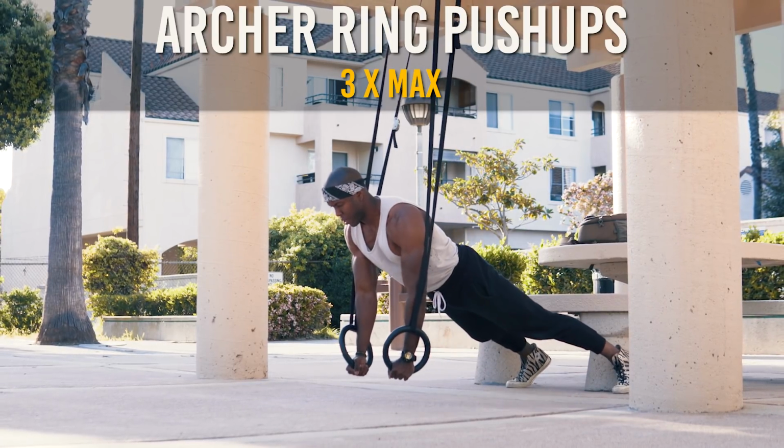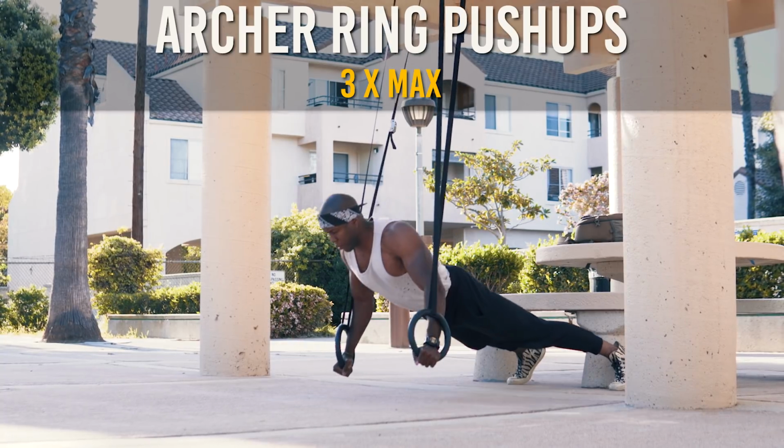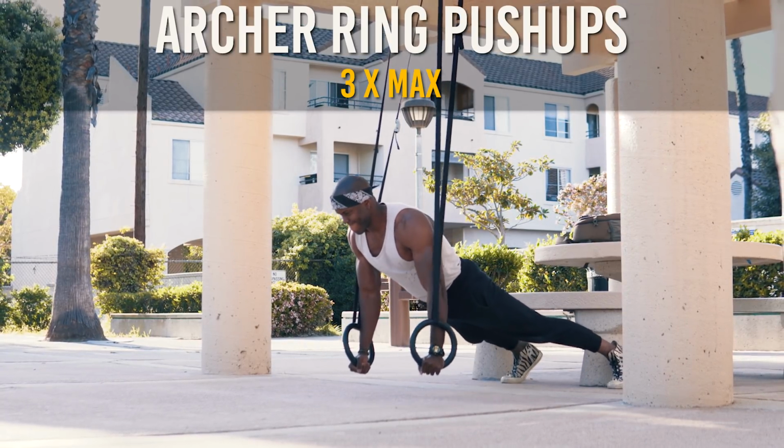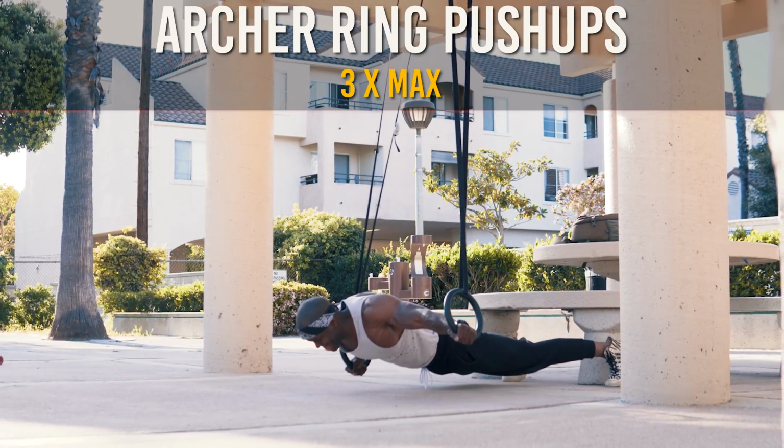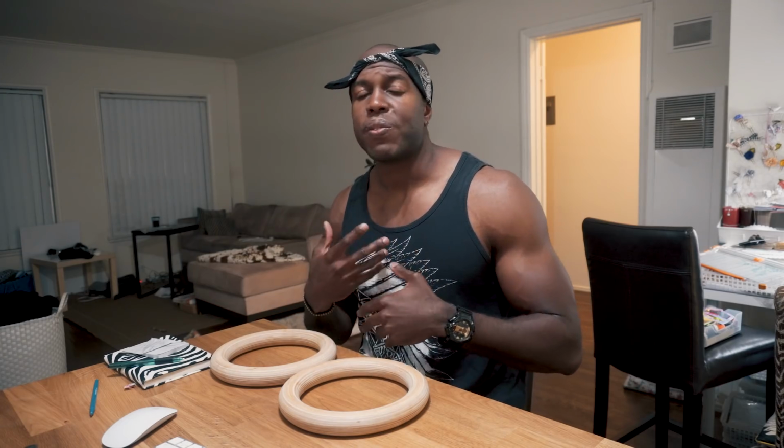But one thing you really want to pay attention to is the arm that is flying. You want to keep it as straight as possible. Try and resist the urge of using that other arm to assist you. A beautiful thing about the archer push-up is you can choose what you want to emphasize more. If you want to emphasize more on pushing, you'll focus more on the arm that's bent. If you want to focus more on getting that isolation, that contraction, you focus more on the arm that is